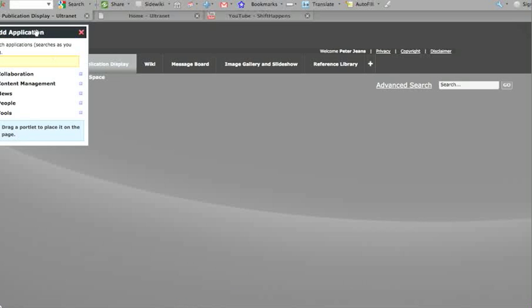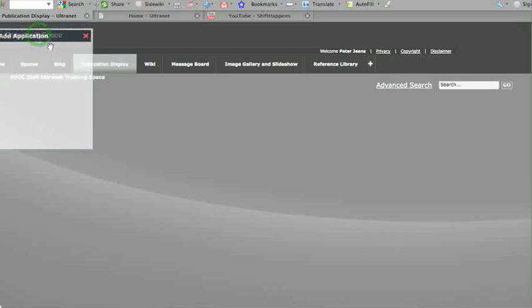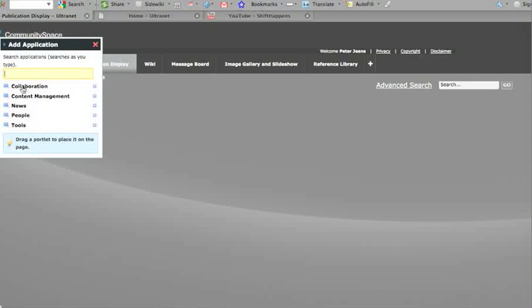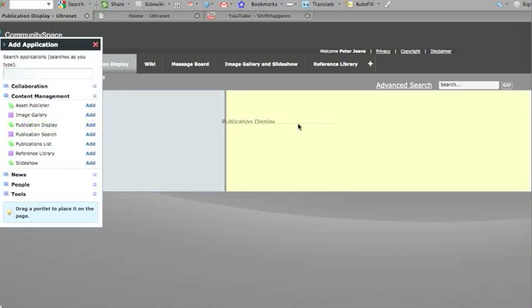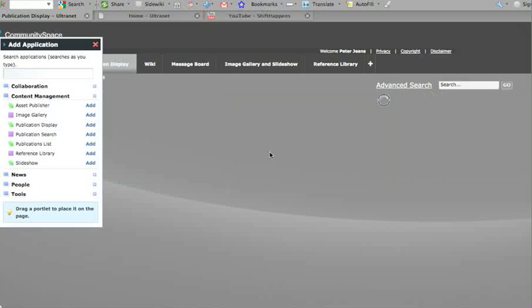You can see the little add application box comes up, and it's just gone very slow for a minute. And here we're going to look at content management, and here are the things that you can add. The first thing I'm going to add is the publication display, so I just drag that onto the screen. You can see I've got a small box and a large box, and I'm going to put it on the right here,